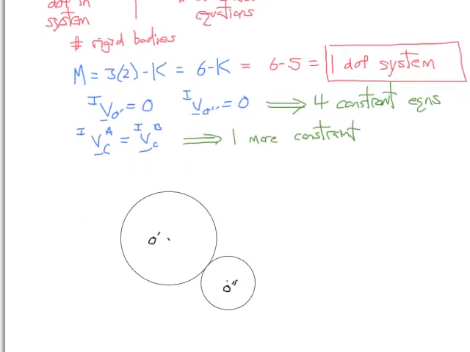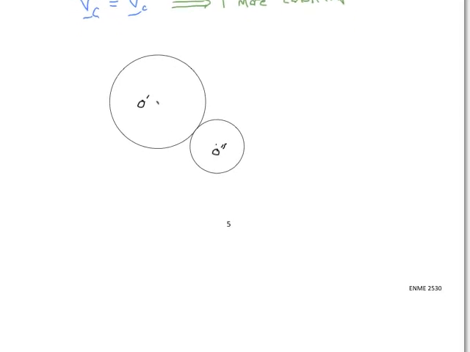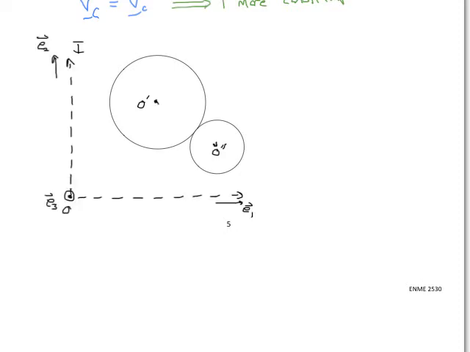Now let's use our knowledge about angular velocity to solve for the speed at which gear B is turning in this problem. First, we need to apply our reference frames to the problem. So attach an inertial reference frame to the space, and here we define our origin as the point O and three basis vectors e sub 1, e sub 2,